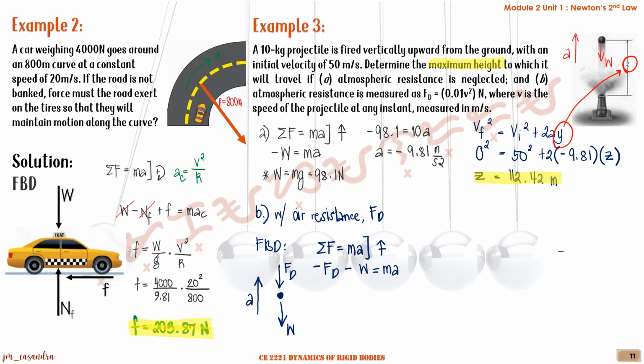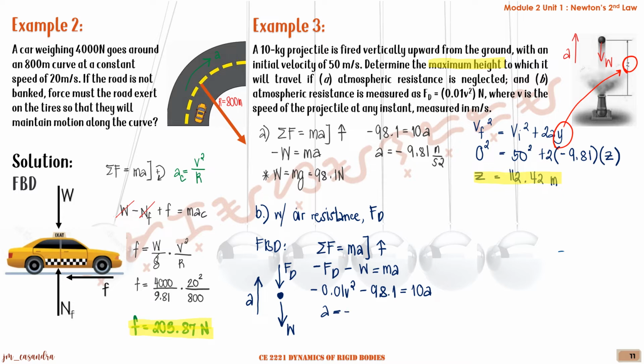We know that FD is equal to 0.01 V squared and the weight is 98.1. Mass is 10 times the acceleration. So dividing the whole equation by 10, we can now arrive at an equation for A, which is now equal to